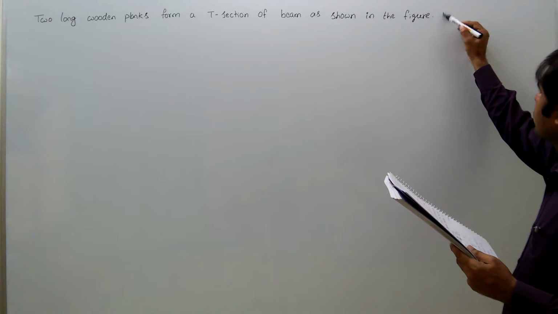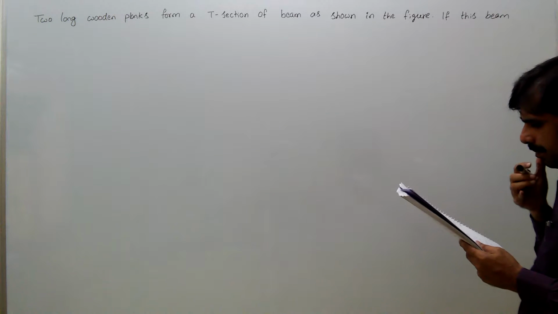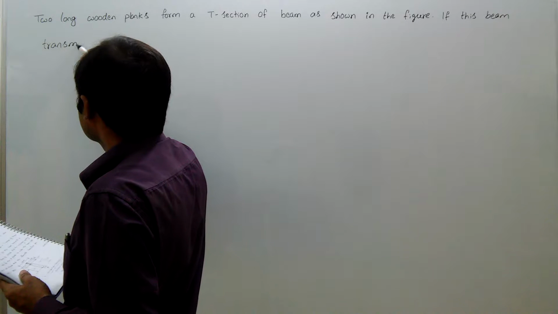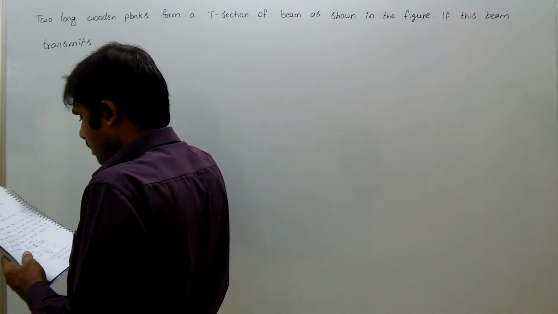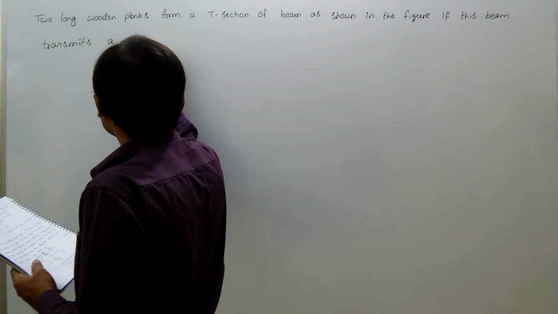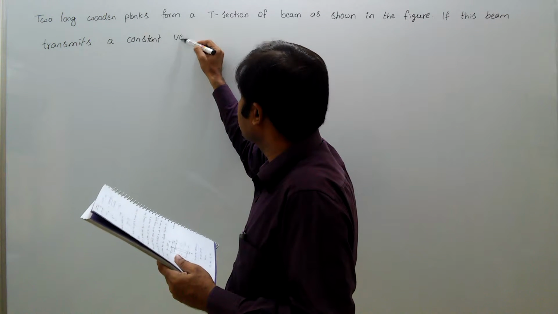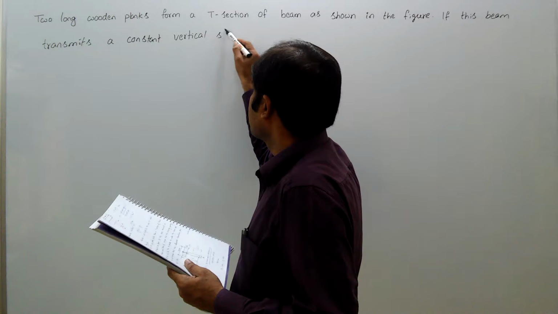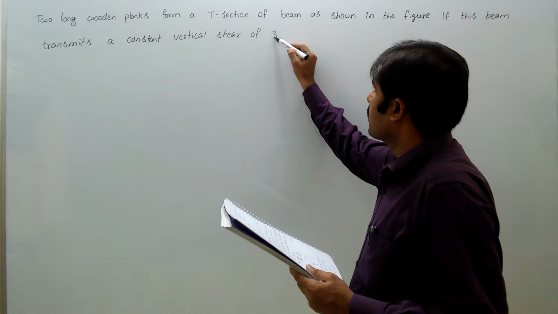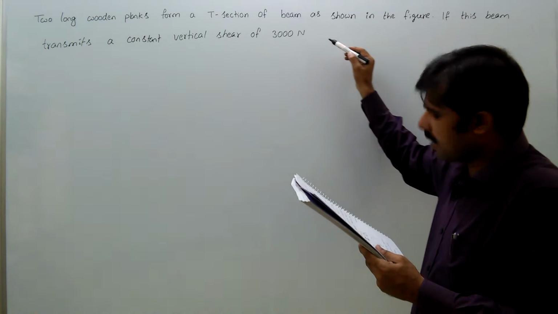If this beam transmits a constant vertical shear of 3000 newtons, find